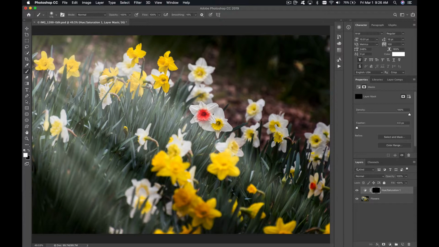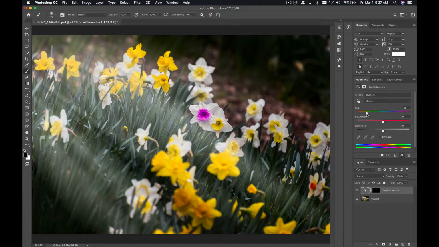And because it's now showing, you see the mask has this little white dot here. That's where I've painted with white on the mask. And it's caused you to see the hue saturation layer just in that one spot. So now I have a red or orangish flower right there among all the other yellows, and it just really stands out. If I select the hue saturation layer again, I can go back and once again change the color